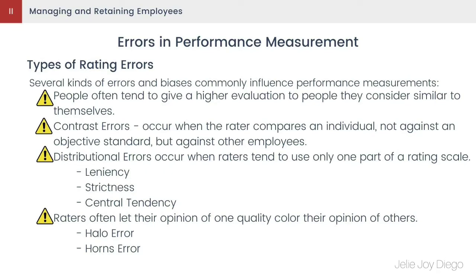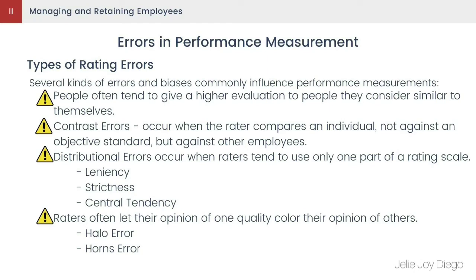Distributional errors involve leniency, strictness, and central tendency. Leniency is an error when the reviewer rates everyone near the top. Strictness occurs when the rater favors lower ranking, and central tendency is when the rater puts everyone near the middle